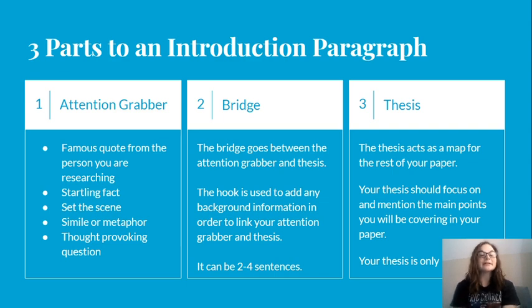You could do a simile or metaphor. Remember, a simile is comparing two things using like or as, and a metaphor is making a comparison, but saying that it is that thing. So if I want to talk about how tall someone is, I could say they are a skyscraper. If I wanted to do a simile on Toni Morrison, I could say reading Toni Morrison stories is like eating chocolate, because you kind of assume chocolate is good, and reading her stories is good.